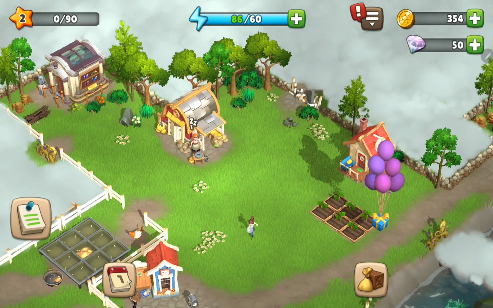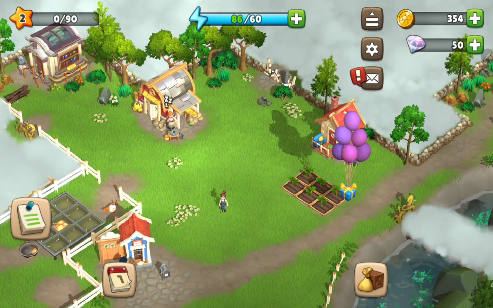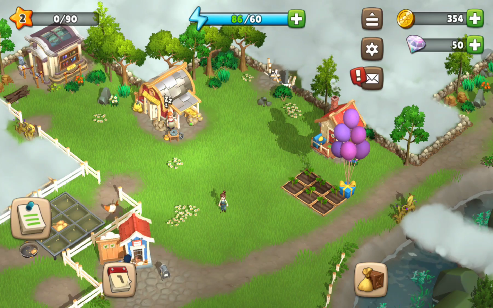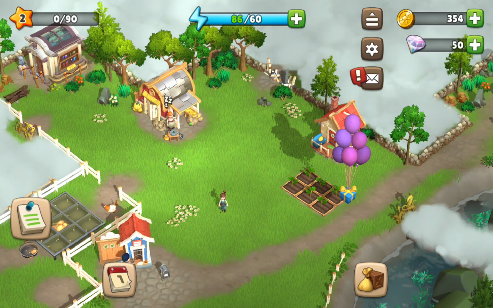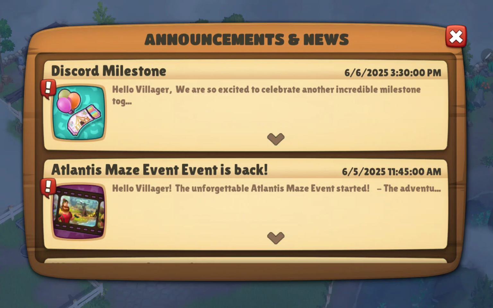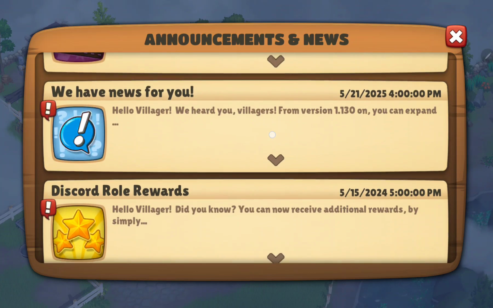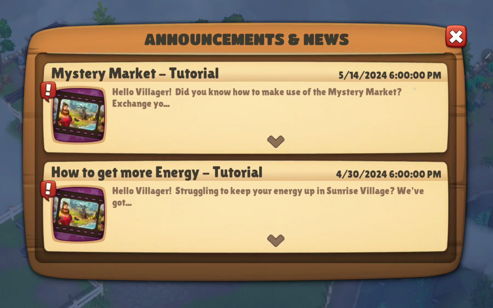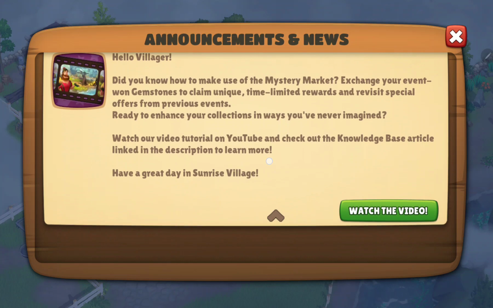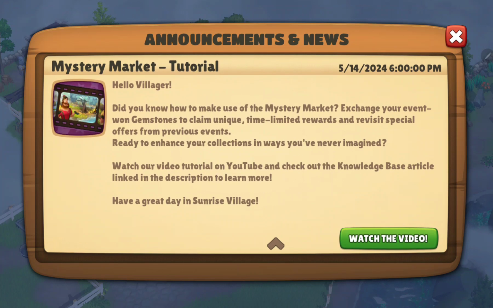First of all, open the application on your device. New, click to the letter icon, and here you can find the news and the others, and you can check the Discord milestones, the Atlantis Made event is back, and the different news. And if you want to check one, click to the arrow and you can watch a video and you can